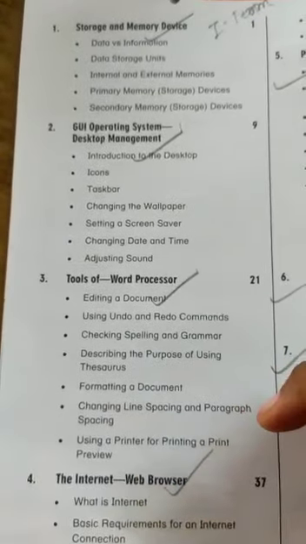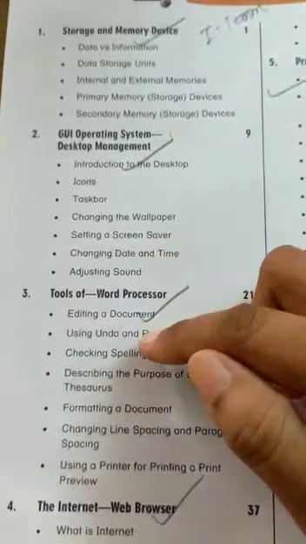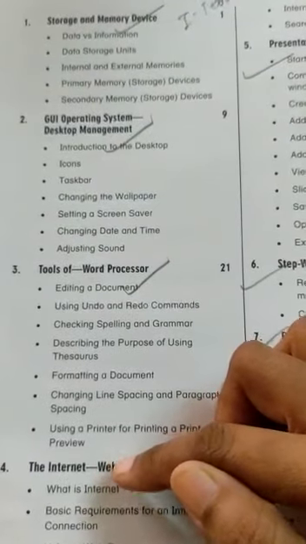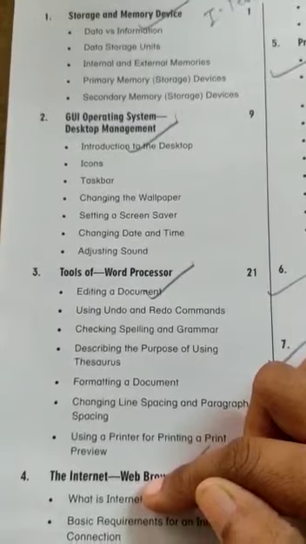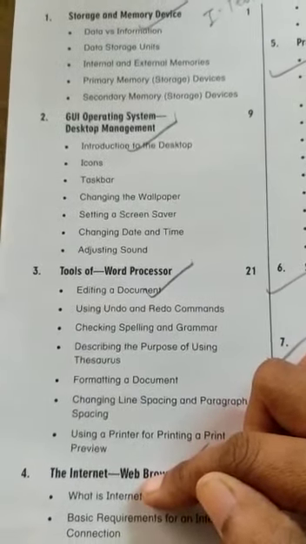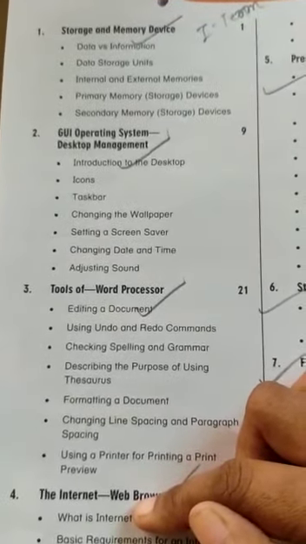So for the first term syllabus, first chapter, second chapter we have completed. We are going with the third chapter and fourth chapter. If I finish, then I will give you the whole fourth chapter. If I am not able to finish it, then I will give you half of the fourth chapter. So please start learning your things.